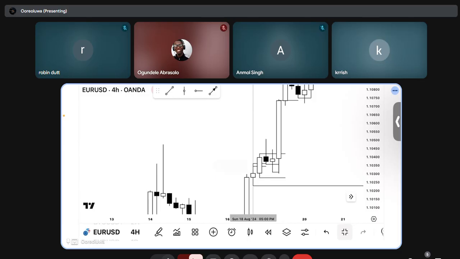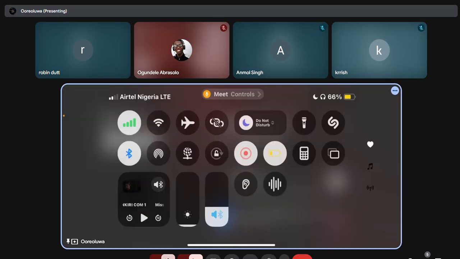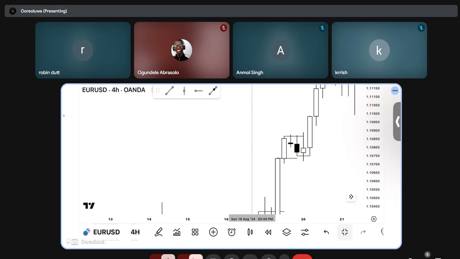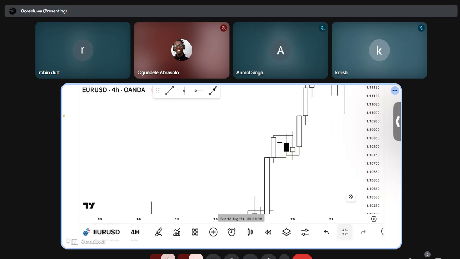Okay, look, you don't expect multiple touches. You only expect price to move from your key level. So you want to see a clear entry model, not choppy prices. Around there you would want to take a buy, but there's no